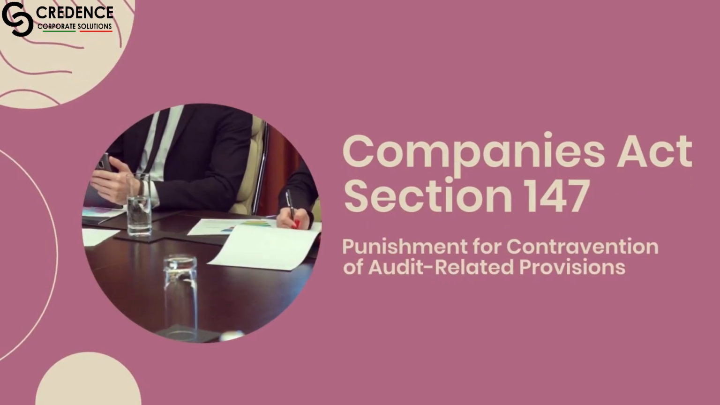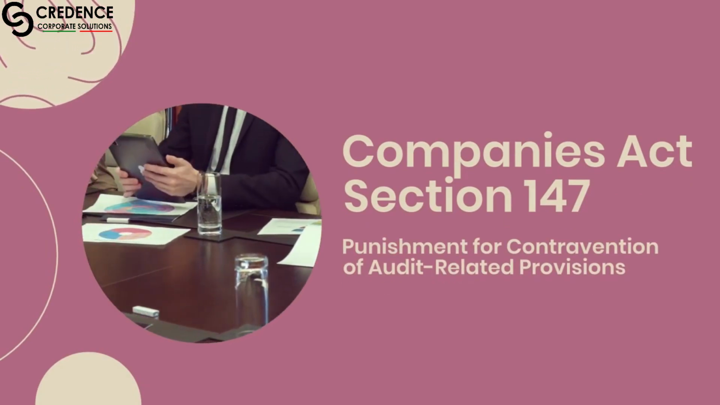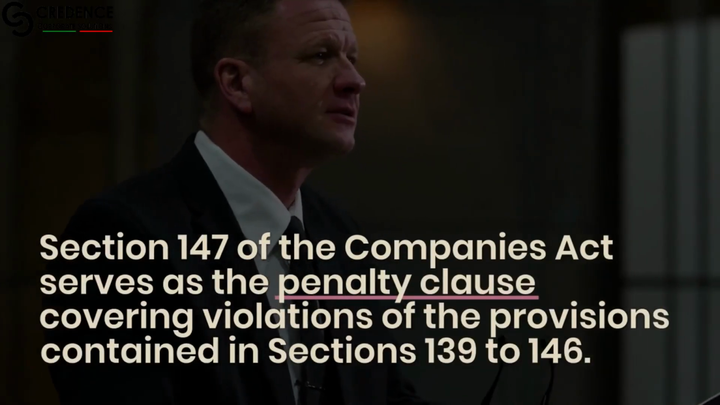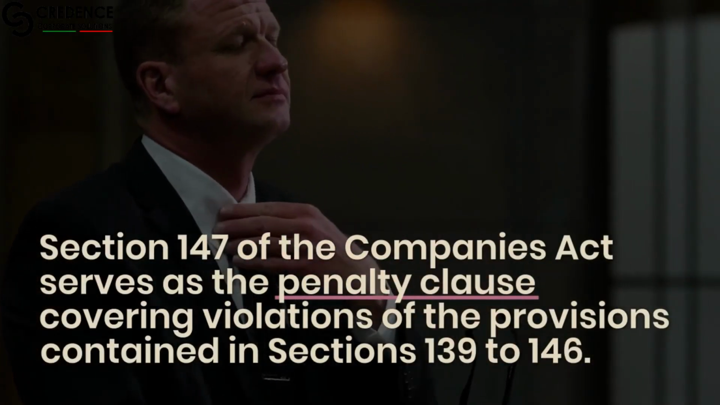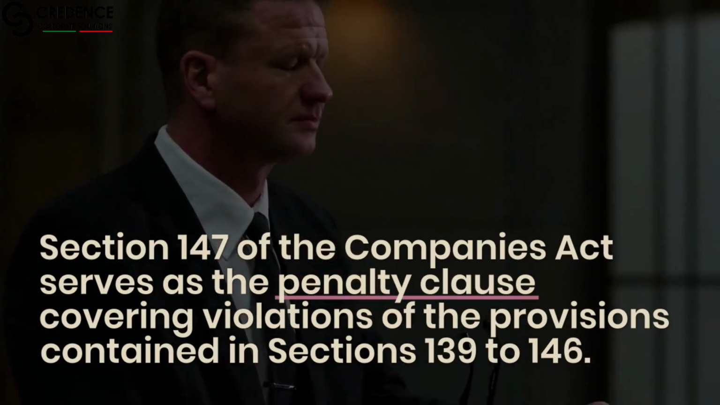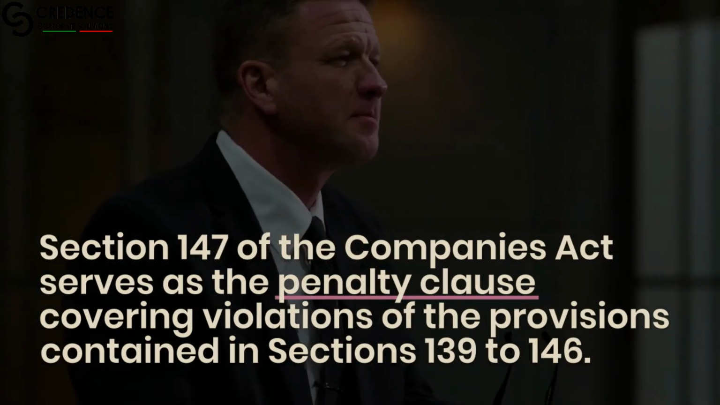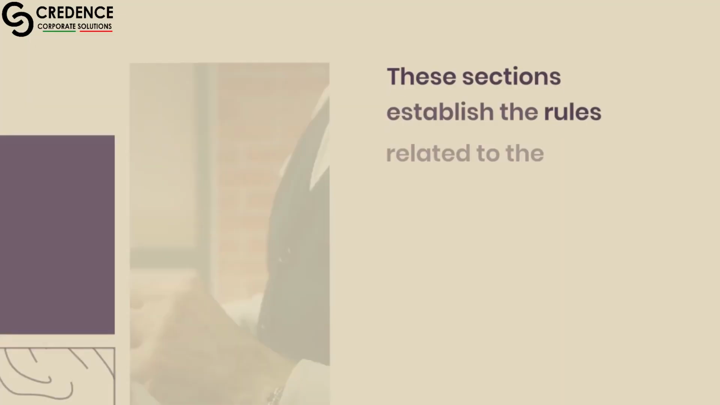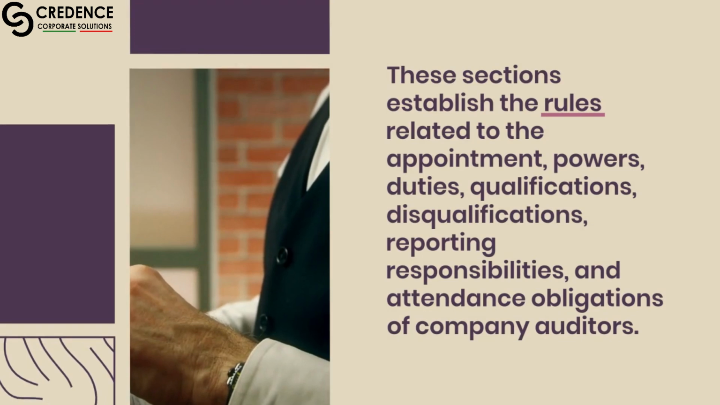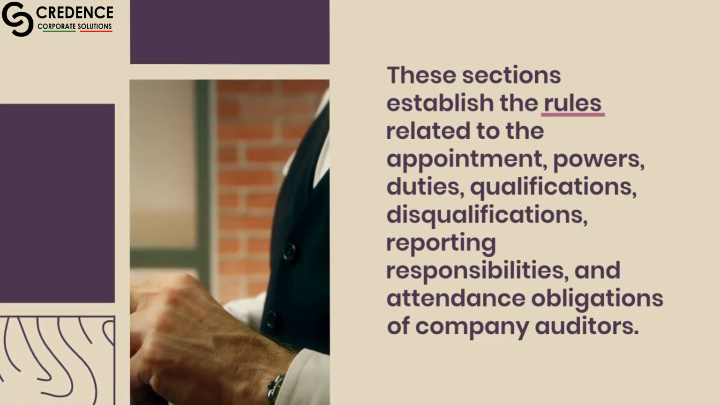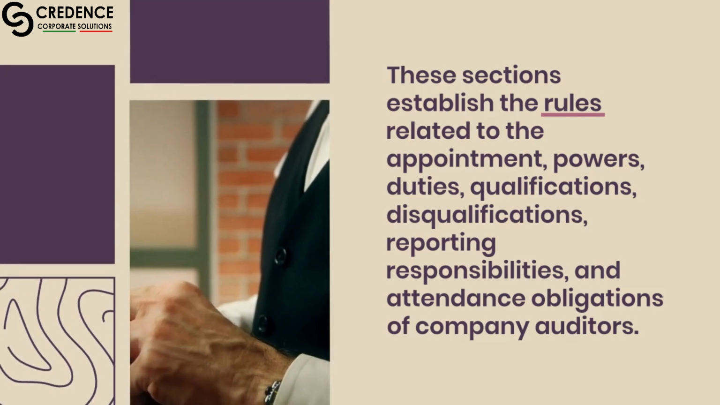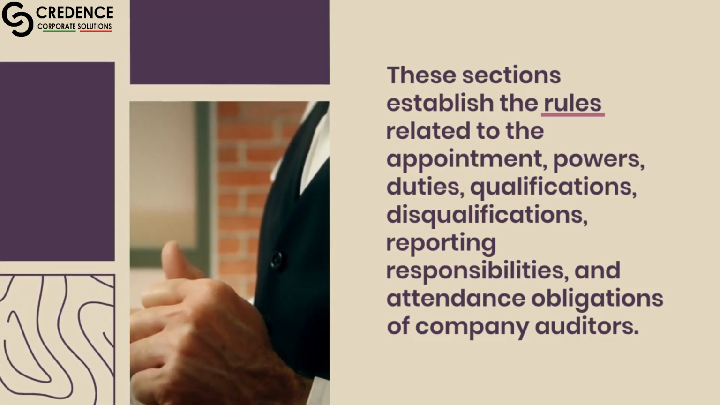Companies Act Section 147: Punishment for contravention of audit-related provisions. Section 147 of the Companies Act serves as the penalty clause covering violations of the provisions contained in Sections 139 to 146. These sections establish the rules related to the appointment, powers, duties, qualifications, disqualifications, reporting responsibilities, and attendance obligations